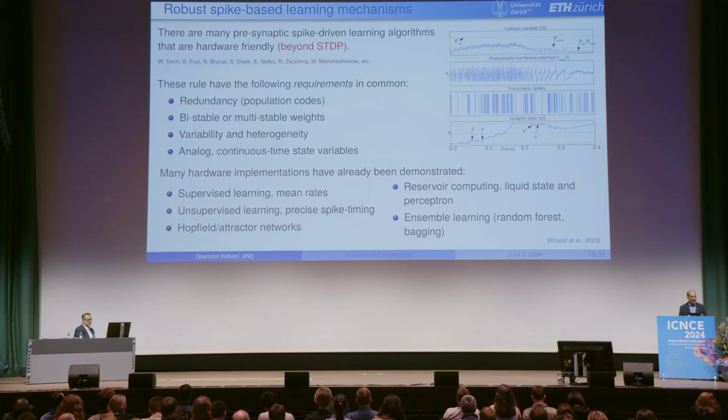There's been many demonstrations of chips that actually can implement these learning rules. The plot that you see here is actually data from one of our chips that is implementing a learning rule that was proposed by Brader et al. in 2007. It basically looks at the timing of the presynaptic spikes and the state of the membrane potential. And depending on those two conditions, it will either increase or decrease the weight with a leak that will make it stabilize above or below in a low, long-term potentiated or long-term depressed state.